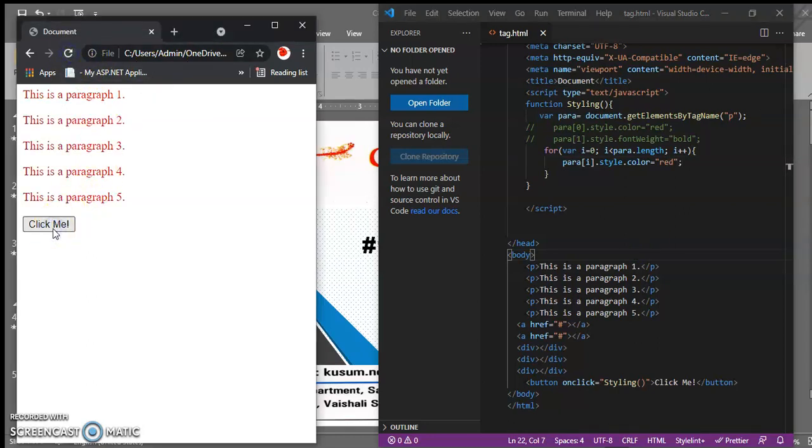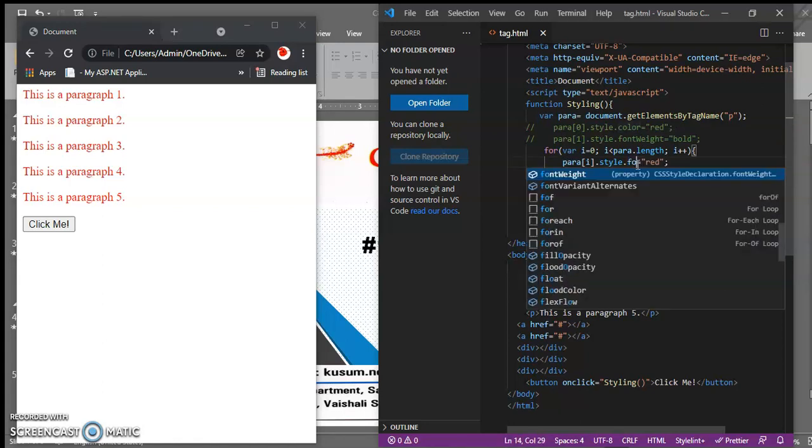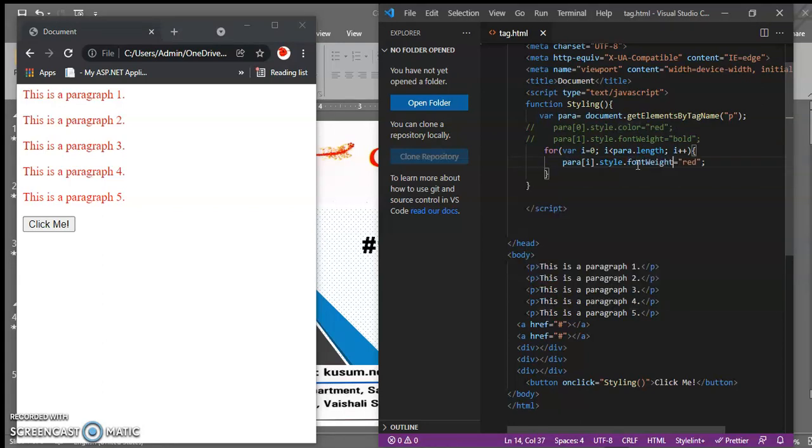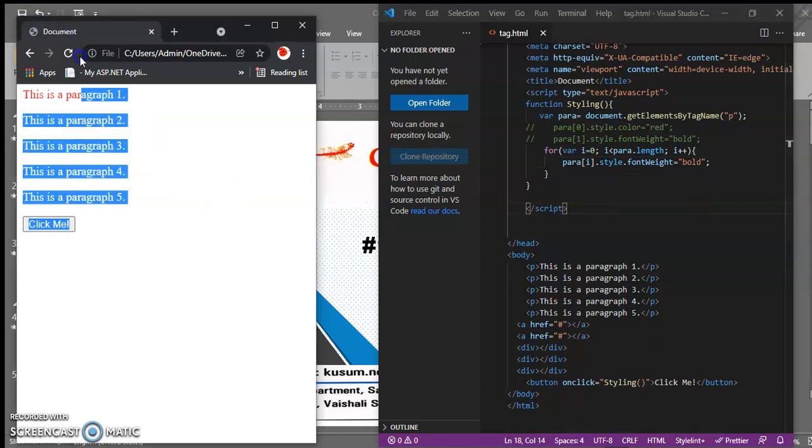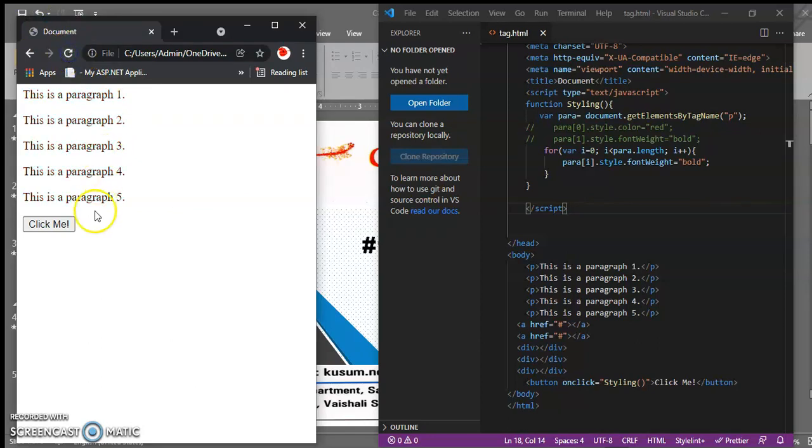You can see all the paragraph text is now red. And if you want to change the font weight property, then you just write fontWeight equal to, suppose, bold. So all the paragraph tags will be bold, right?